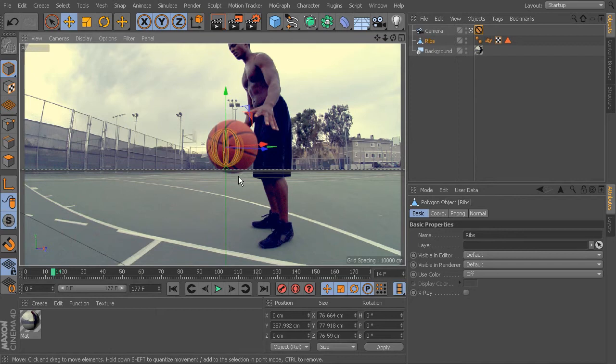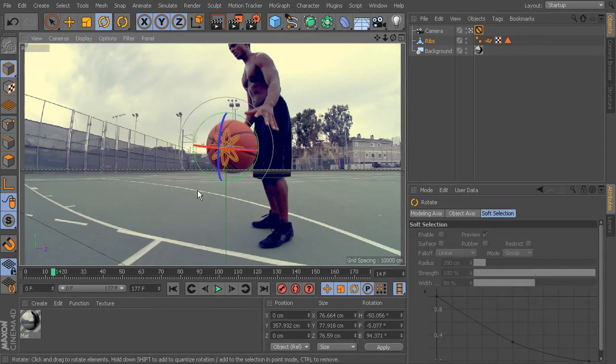and now I can start to come in here and get this basketball and the ribs kind of matched up with the ball. So you can see what that would start to look like when we started doing this. Now there's a few other things I need to add to this to get it in place, but let's just go ahead and move on to our next lesson